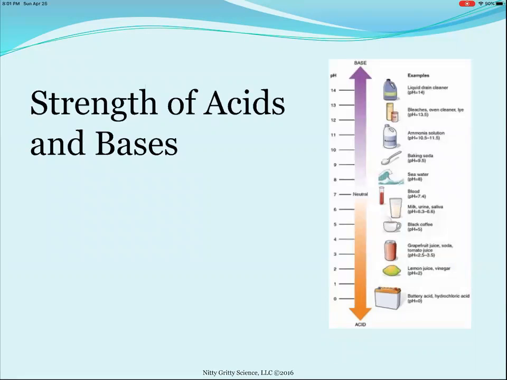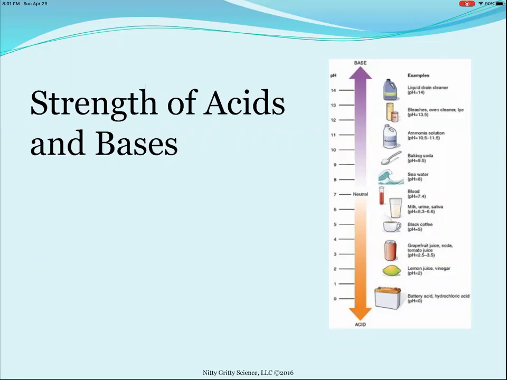Strengths of acids and bases, we look at a pH scale. A neutral solution has a pH of 7. Okay, so if you look over here on the side, you can see some things like blood has a pH of 7.4. That's really close to 7. Milk, urine, saliva, they all have pHs close to 7. And then as the pH goes up, they become bases, and if the pH goes down, then